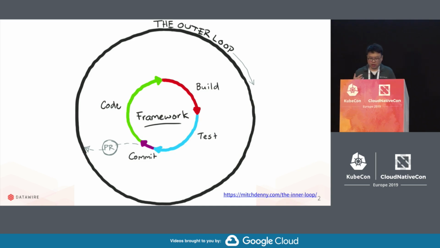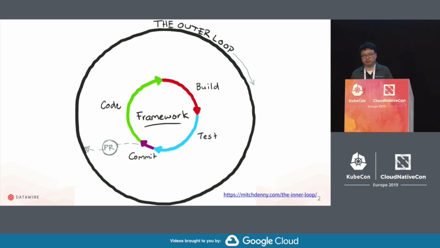So the inner and outer development loop, right? This is a concept I'm sure is familiar to lots of folks. This guy from Microsoft did an excellent blog post around the inner development loop. But essentially, if you're coding microservices or any sort of program, it doesn't need to be microservices, you have an inner loop as a developer. You write some code, you might build your code, then you test it a little bit, right? And then once you convince yourself that it works, that's good enough, so you commit the code, right? And you do this over and over again, and at some point you get to the point where you want to share this code with someone else, and so you create a pull request, and that's what triggers your outer